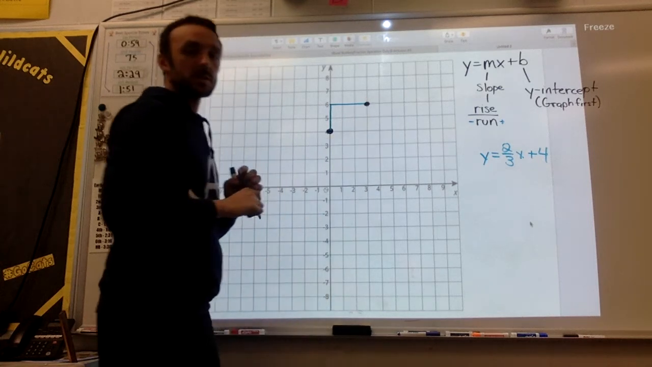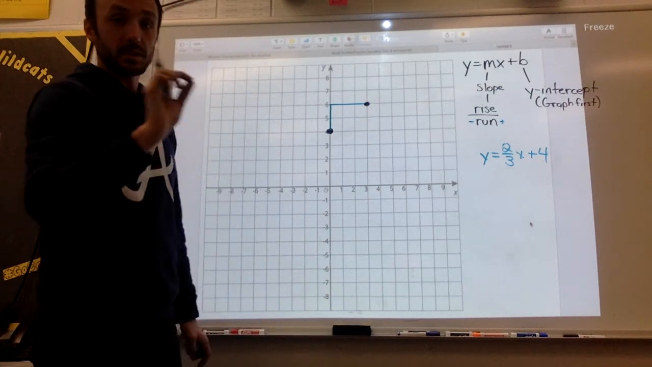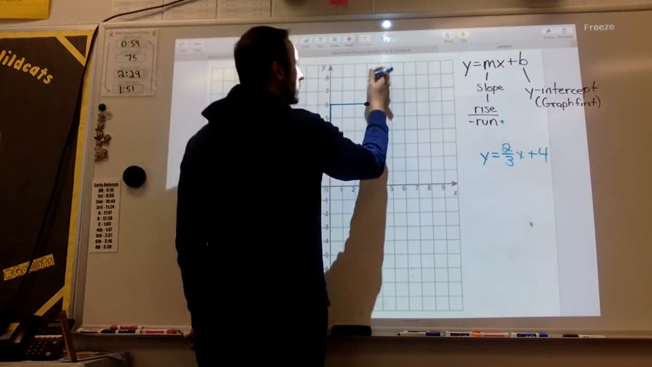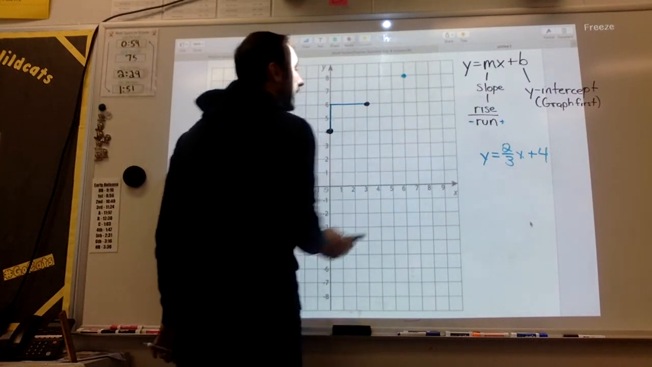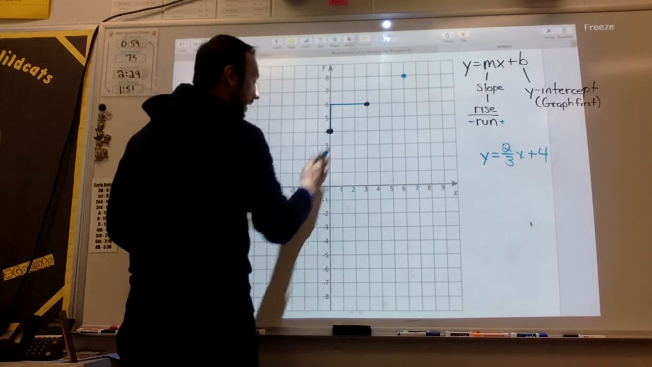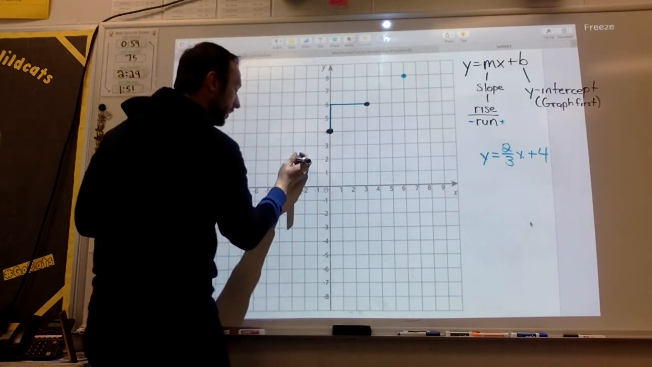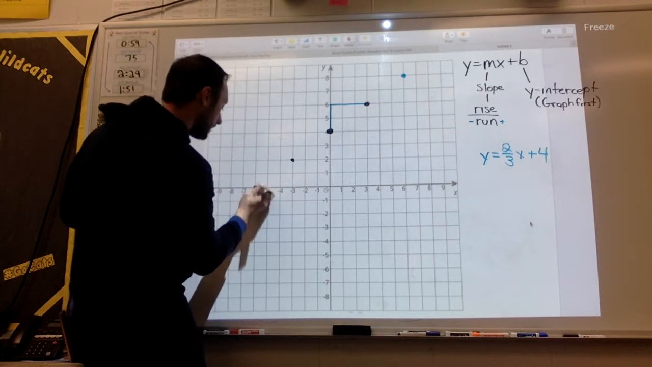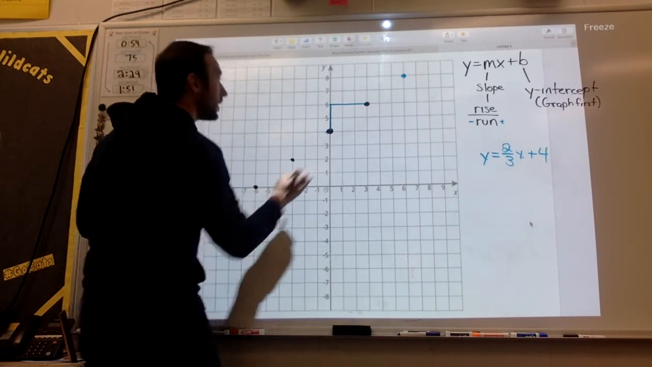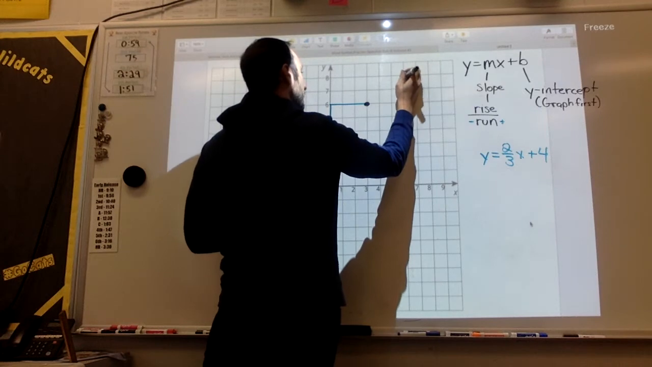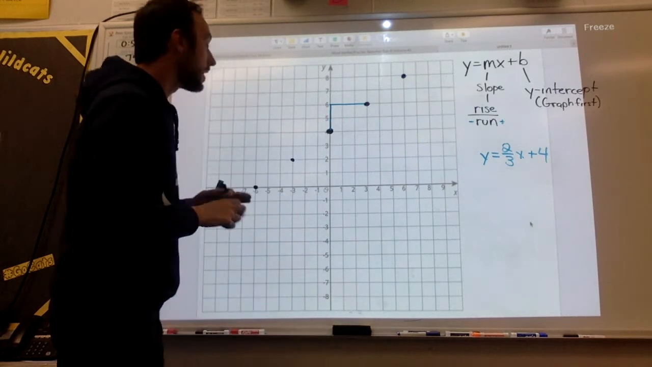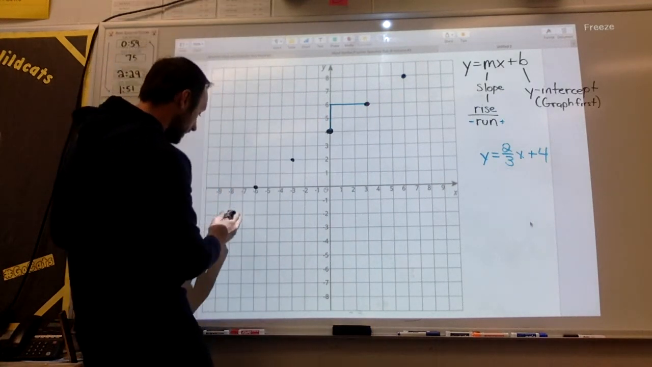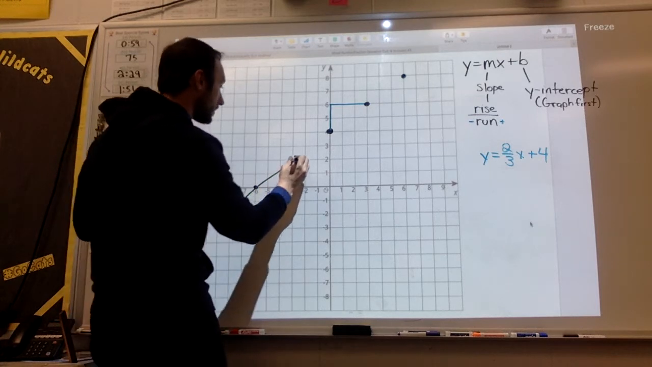But if you also remember, slope is constant, so I could apply that 2/3 every single time. Up 2 over 3. I could also do the opposite. Down 2 over 3. Down 2 over 3. Down 2 over 3. And you don't need to do that every time. You only need 2 points to graph a line. But I want to show you that slope is constant. So if I go through and do my best to connect all those points,